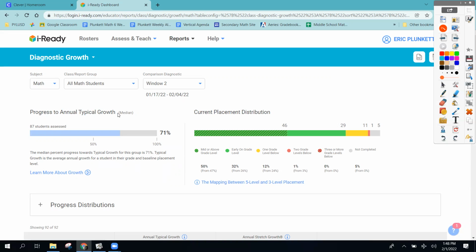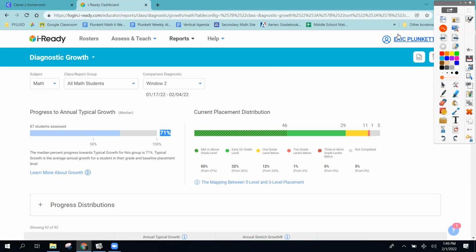Now, progress to annual typical growth median. So what iReady's done is they've taken all of their data from a couple years ago across the country, and by grade level, they saw what the typical median growth was from the beginning of the year diagnostic to the end of the year diagnostic. And you can see that my students have already made 71% of that typical growth from that first diagnostic to where they should be at the end of the year. That's good, because we're about halfway through the year. So that means they've already kind of surpassed that 50%. And so they're on their way to maybe even surpassing 100% growth, more than what is typical according to iReady's